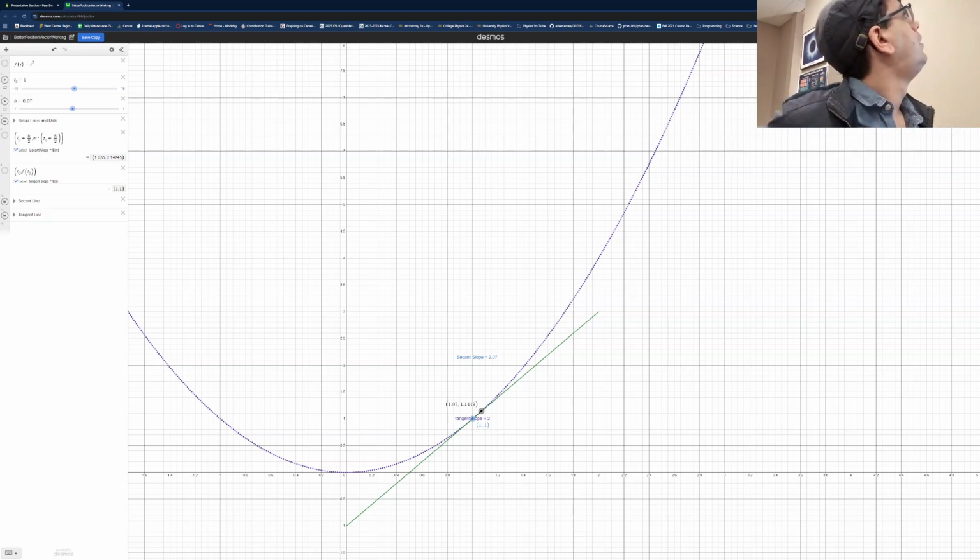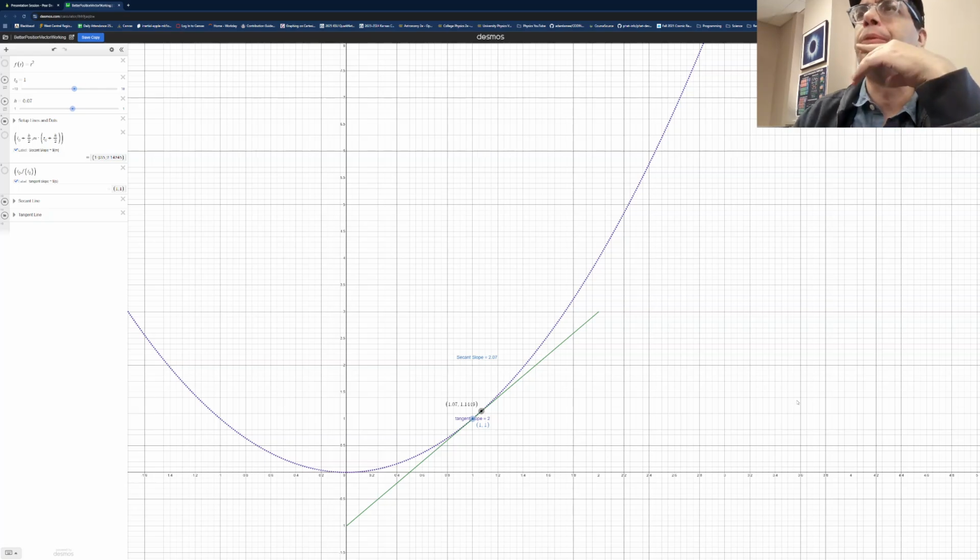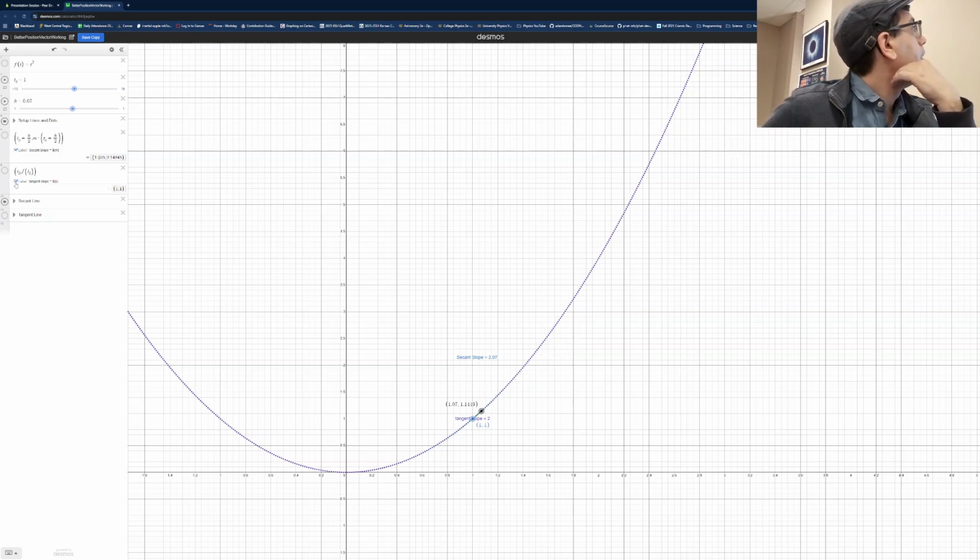So, using that idea of the tangent line, does anyone need me to describe the tangent line more? Just to illustrate it a little bit more, so let me first turn it off again, and I'll turn these off too. Okay. If I were doing this by hand,